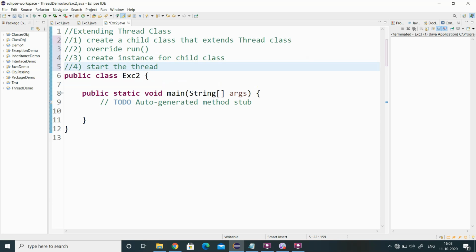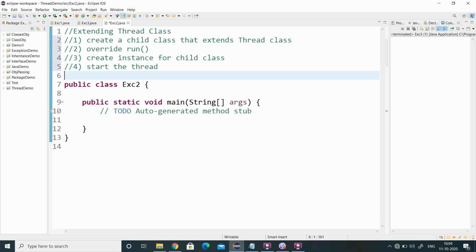So 4 steps. First we have to create a child class which should extend from the thread class. Next, override the run method where you write the logic to be implemented by your child thread. And next you have to create the instance for the child class, and through that instance we have to start the thread. So step 1, create our child thread